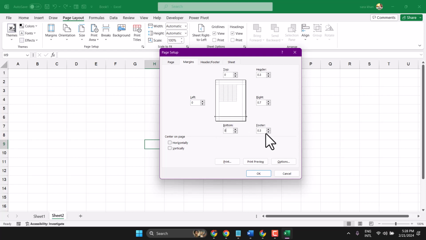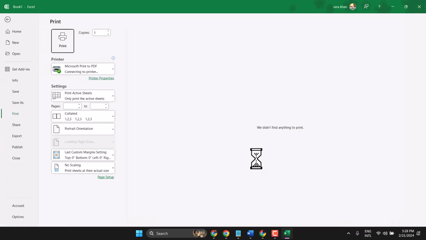Here you can see the preview. Then click on OK. You can see also print preview. If you have the data, so you can see properly,